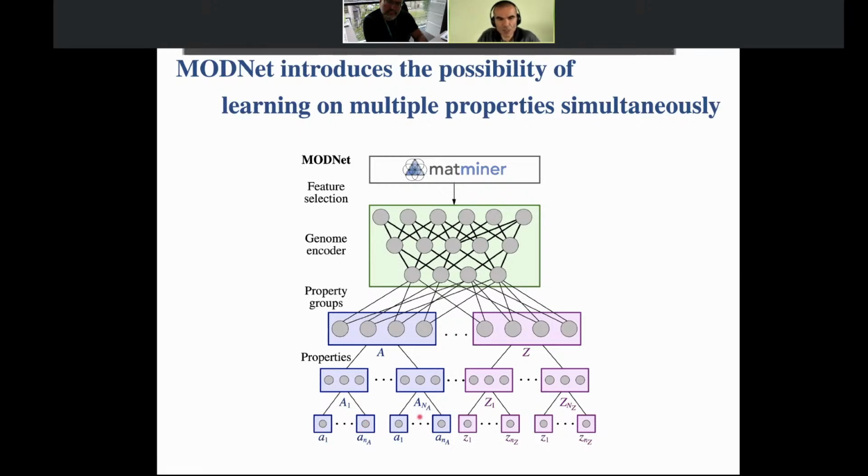So my property A depends on different temperature, pressure, different things. And all the data that you have, you try to feed it in such a way that there is a common part that is learned jointly. And in the end, you have a unique machine learning model that predicts all the properties in one go.